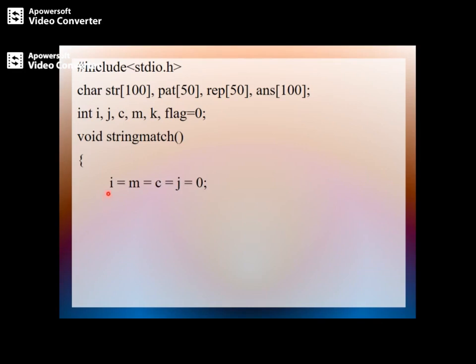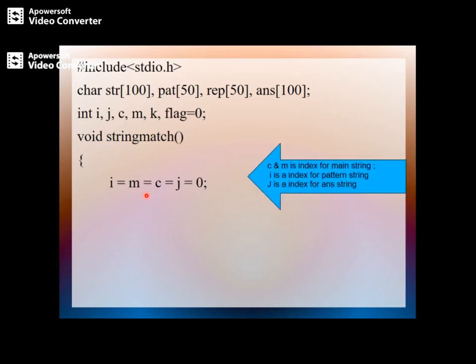So that's why I have initialized i equal to m equal to c equal to j equal to 0. That means i, m, c, and j are initialized with 0 initially. Okay. And why c and m? They are the index for the main string. C normally holds the first character. If the first character is matched, that first matched character's position will be held by c,